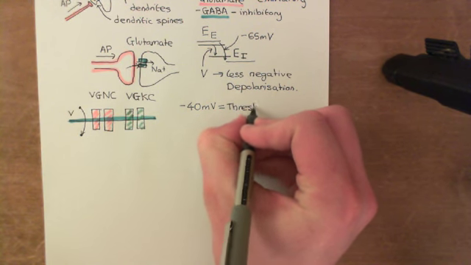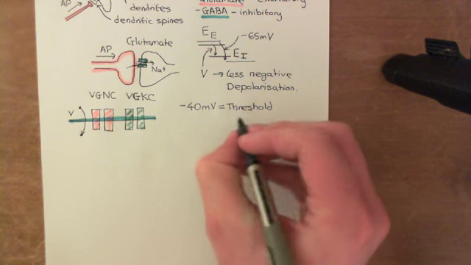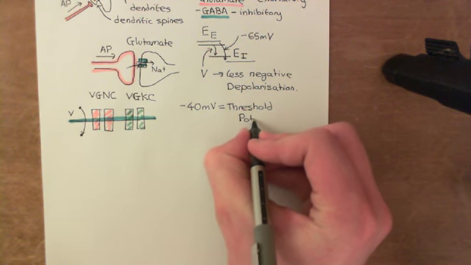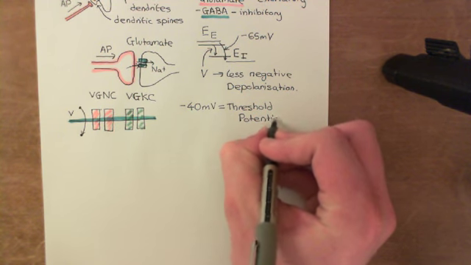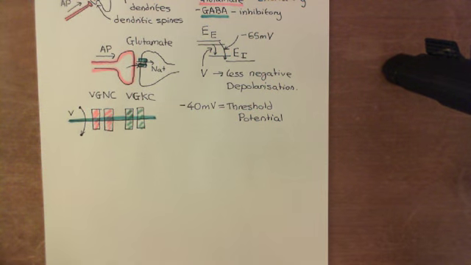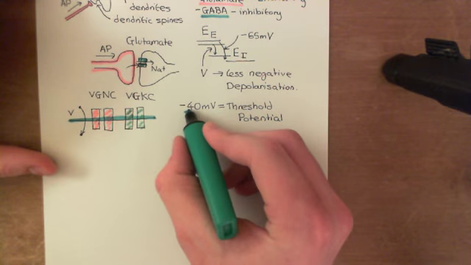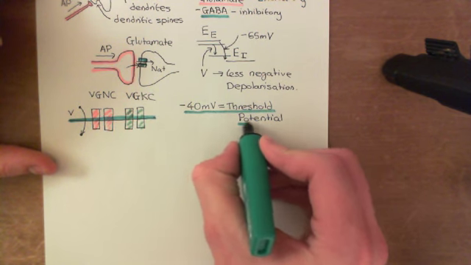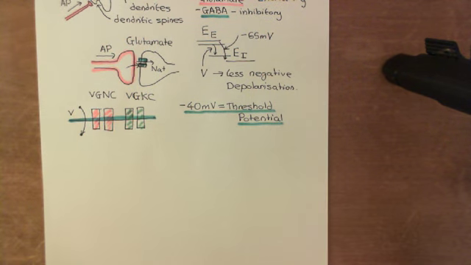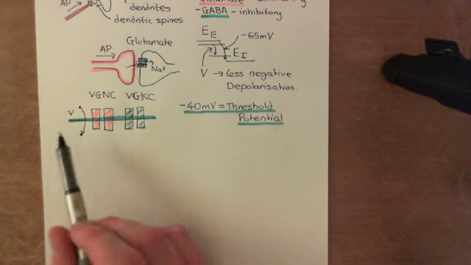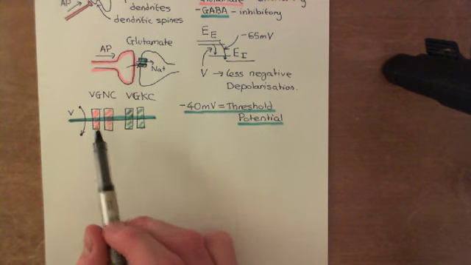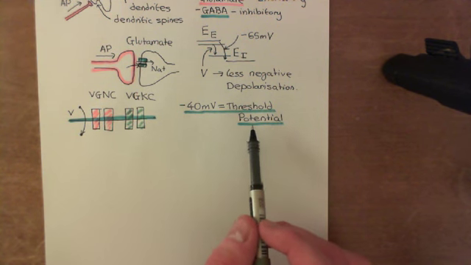It's the threshold electrical potential difference that you need to depolarize up to in order to activate the opening of the voltage-gated ion channels. Okay, right. So, what then is going to happen is when we depolarize up to threshold potential, if the glutamatergic input into the neuron is big enough to overbalance the GABAergic input to the neuron so much that you depolarize the electrical potential difference across the axon-hillock membrane up to around negative 40 millivolts, then